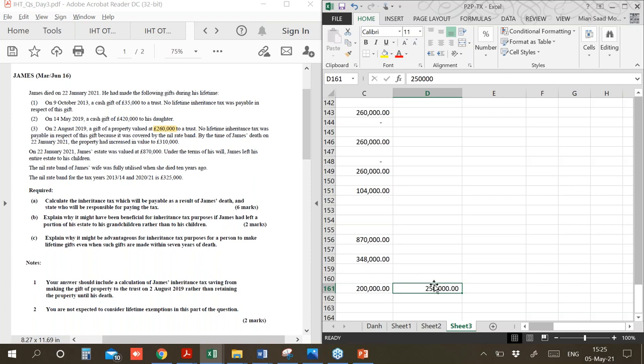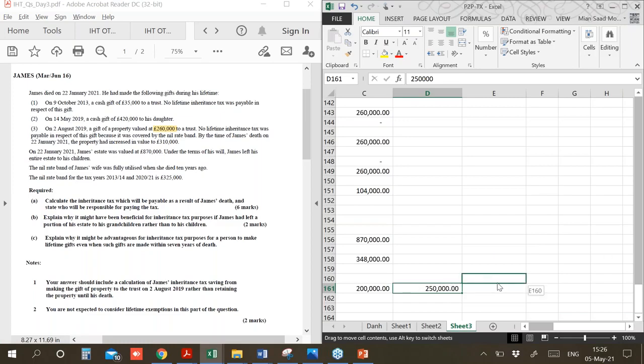Then will that be chargeable? The answer is yes, because this transfer has just been made 2 years before his death. Now, will the nil rate band be available to this transfer? The answer is yes, but we have to check whether there is any transfer that has utilized the nil rate band in the 7 years before that. The answer is no, because this transfer is 8 years old. This was made in 2010 and this was made in 2018. So as the 7 years have elapsed, the nil rate band has been reset and it is available for this transfer.